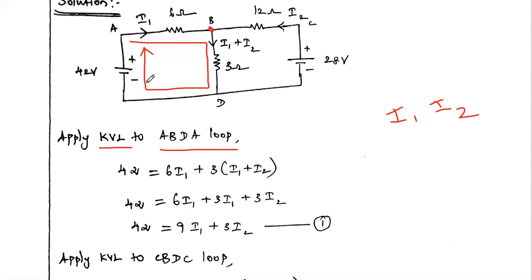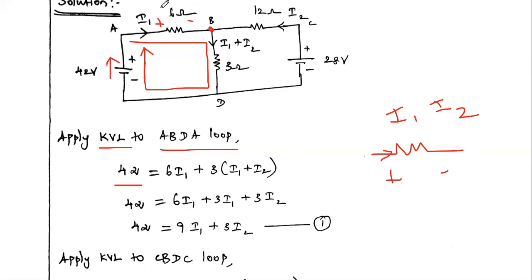Okay, so now if you are starting from here, you see the voltage goes minus to plus, from lower potential to higher potential. This is said to be a voltage rise, so you write the voltage rise on the left side, which is equal to... then when we come here, there is a 6 ohm resistor. In the 6 ohm resistor, the current flowing is I1. When current flows in a resistor, the voltage is dropped across the resistor, the potential going plus to minus. So this is the voltage drop.